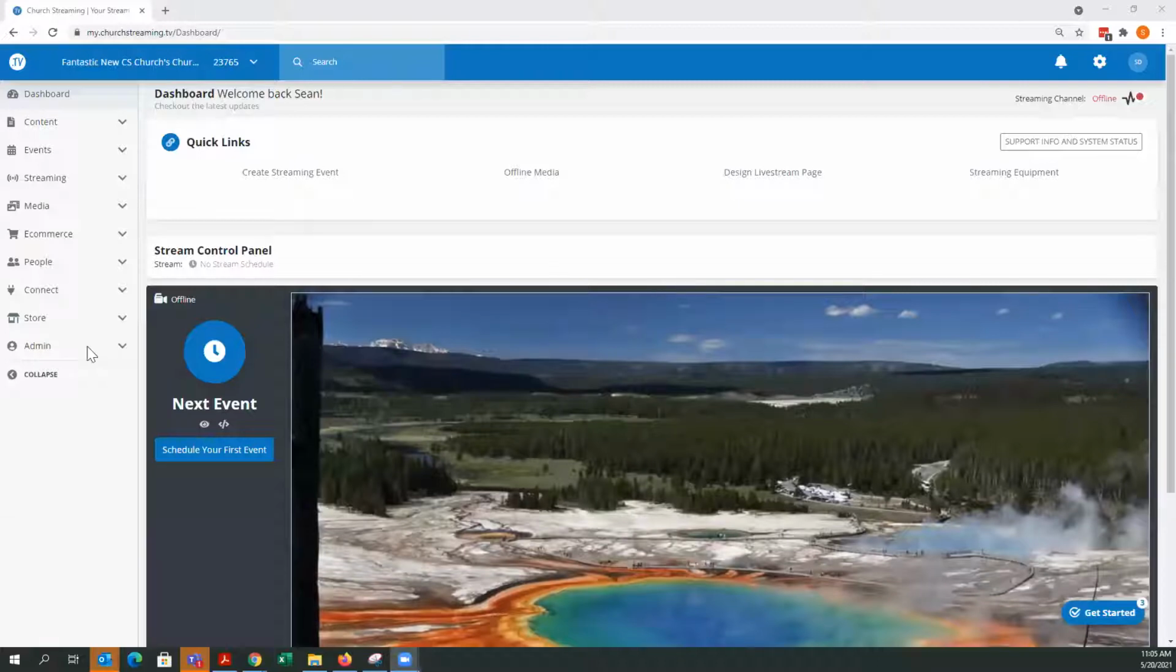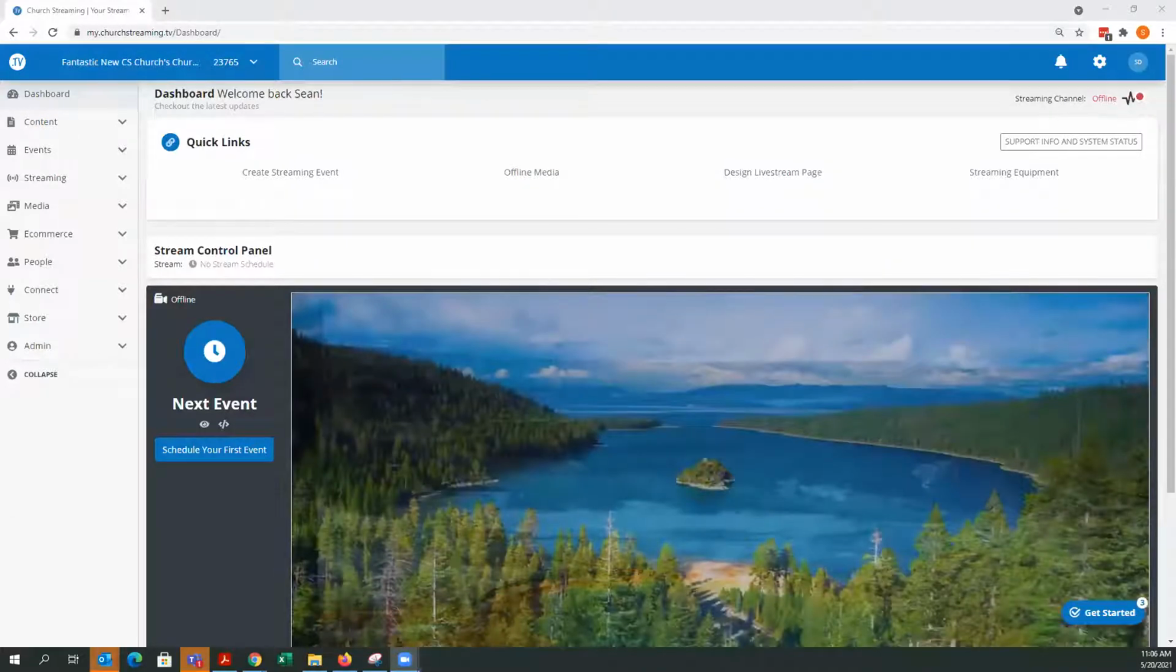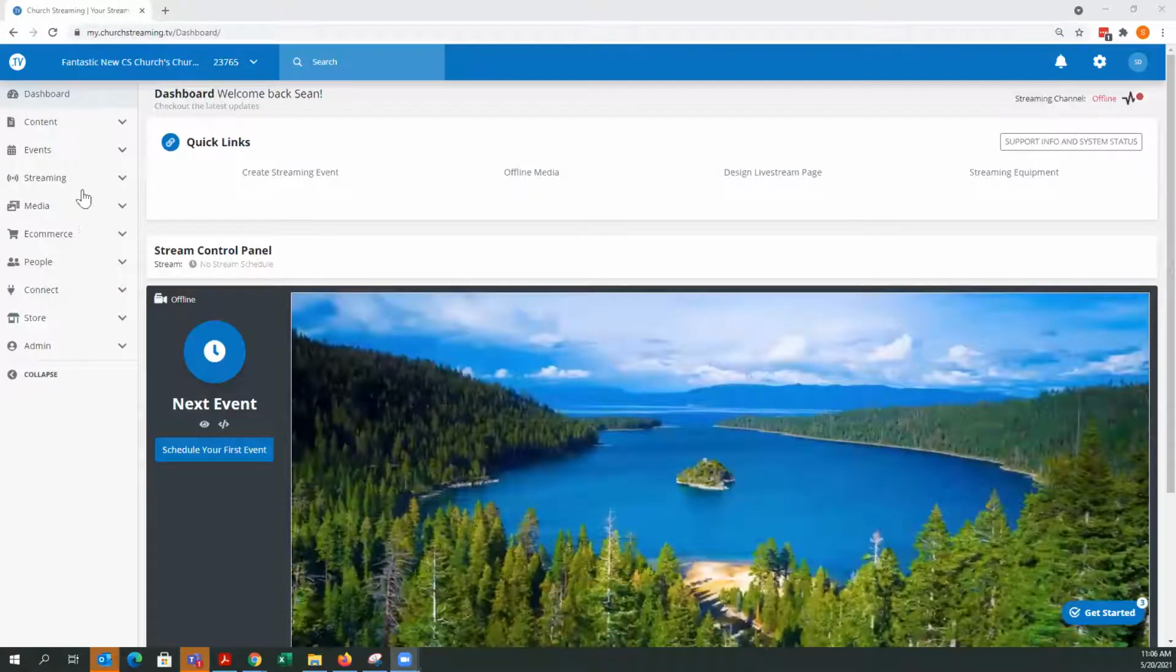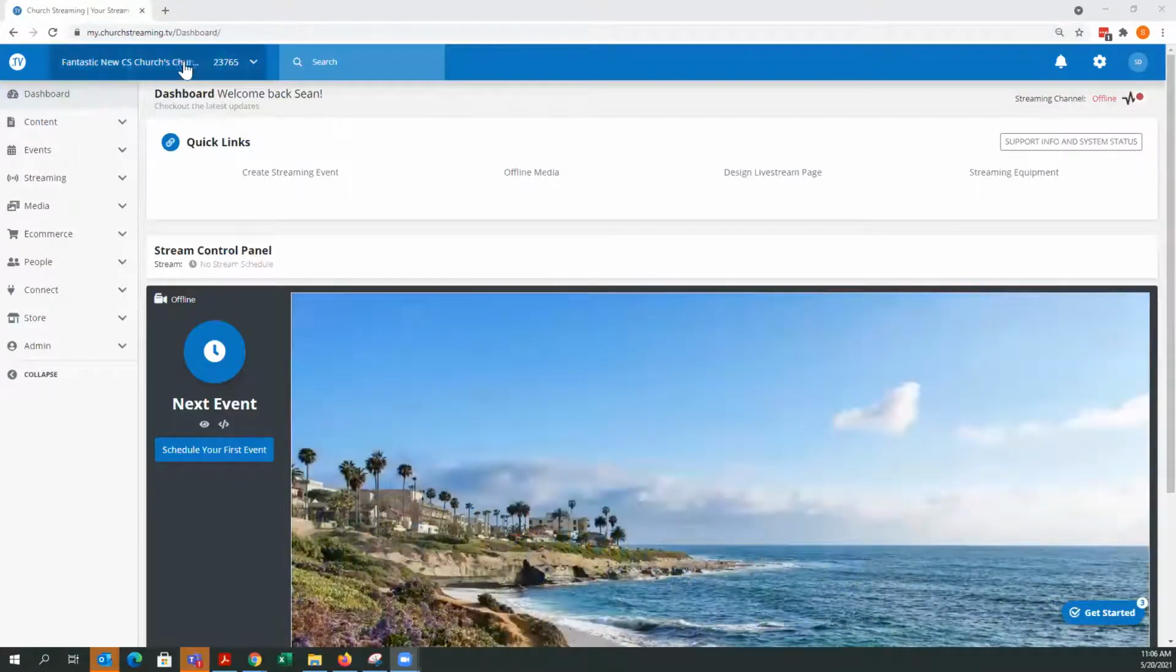But okay, so here is the most common view, which is the dashboard. And let me put this over here so I can take a look at it. So this is your main dashboard for your streaming account. So when you log in, you should see your name up here, your church name, and your church ID in